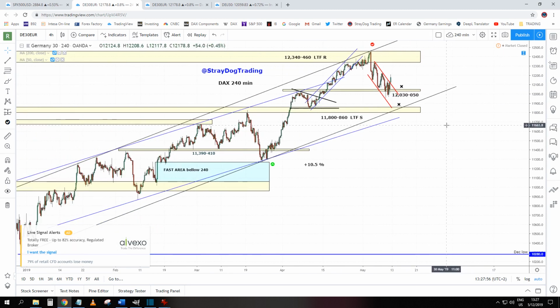So as was projected in previous weekly videos, these levels could be targets of the possible pullback. We got this first one as a target, we didn't get this second one. In order to see this second one and the bottom of this range, the market must go below Thursday and Friday low. And if the market finds the strength and S&P pushes higher, then DAX will also go higher as well.